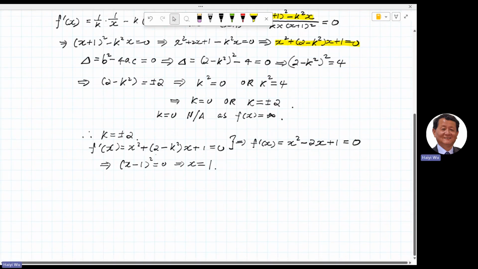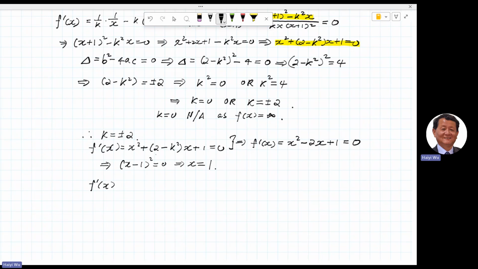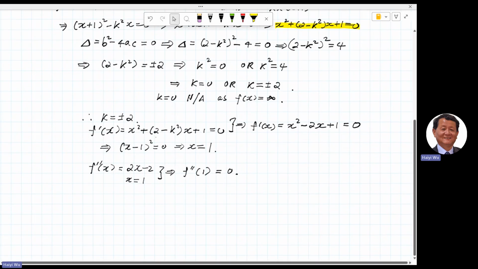All right, now we're going to test whether it's a maximum or minimum stationary point, or a point of inflection, by using the double derivative, so doing a second derivative. The second derivative becomes 2x minus 2. So when x equals 1, the second derivative is 0. Therefore the point of inflection occurs